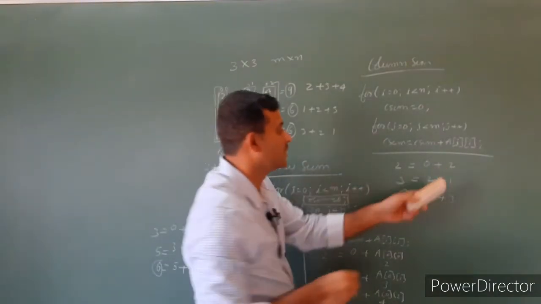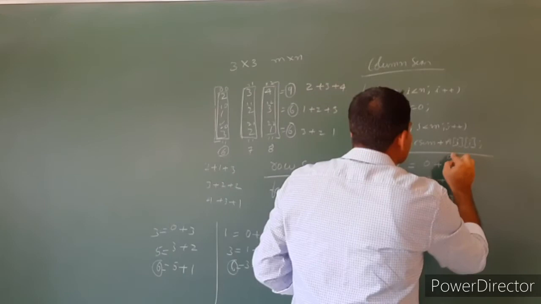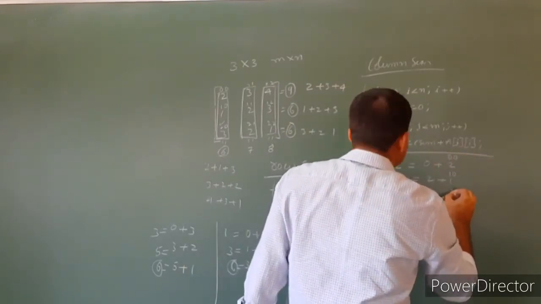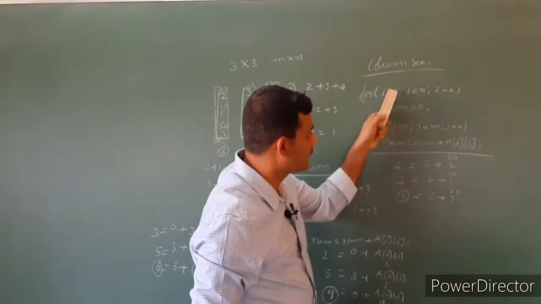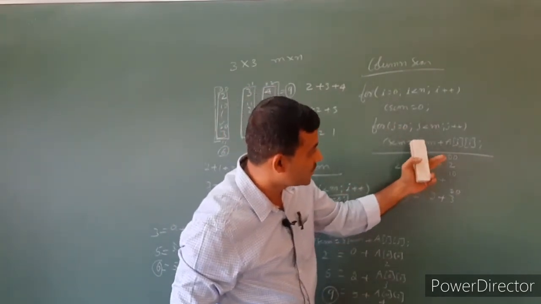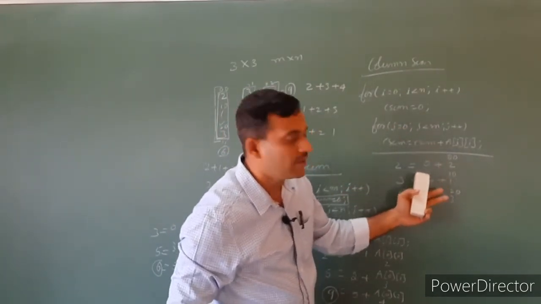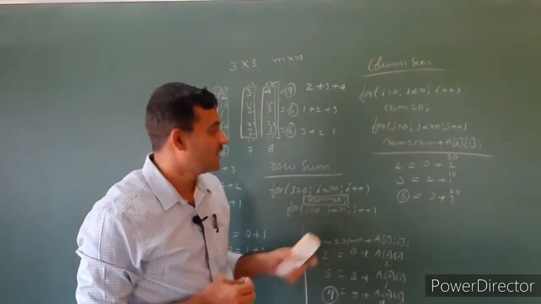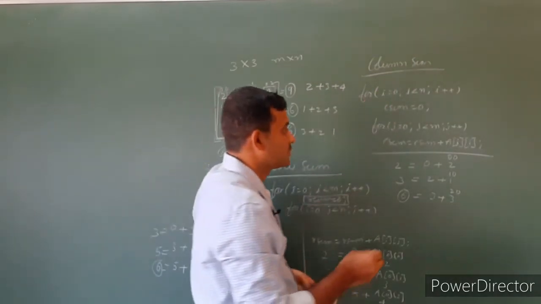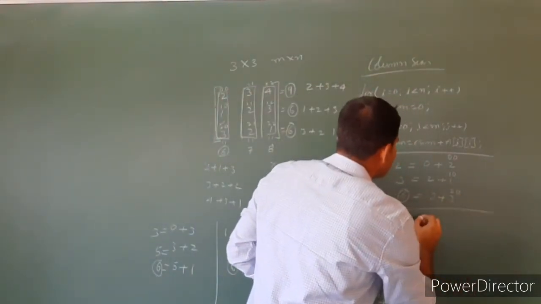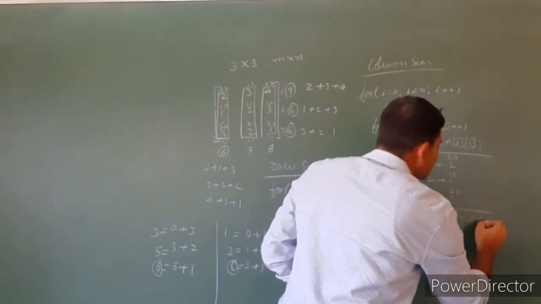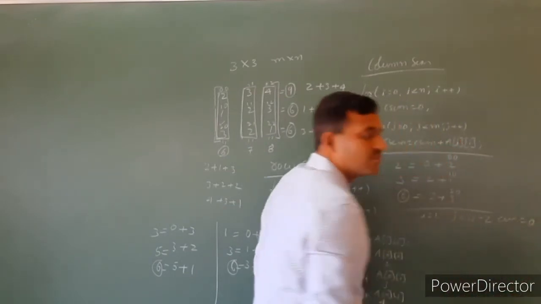What is the address of 2? Here the address of 2 is 0, 0. Next one is 1, 0. Next one is 2, 0. So I value remains the same, only j value is incremented at a time. So it is incremented from 0 to 2, 0, 1, 2. So these are the elements. When the inner for loop terminates, then it increments the outer for loop. So here the I value becomes 1, j is again initialized with 0 to 2, C sum equals 0.